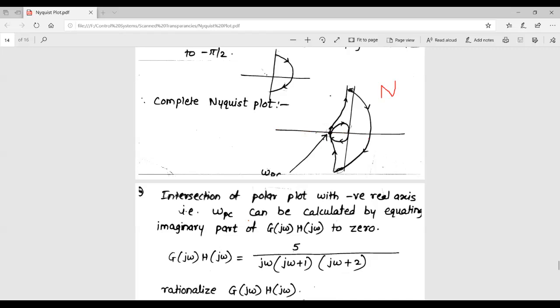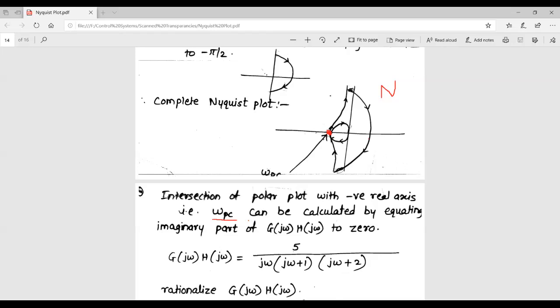Whether that point is greater than or less than -1 plus J0, this point, right? So to calculate this point, what we are supposed to do here: the value of omega is 0 because this point lies on the real axis, so the imaginary part would be 0. Now, the intersection of the polar plot with the negative real axis, that is omega PC, can be calculated by equating the imaginary